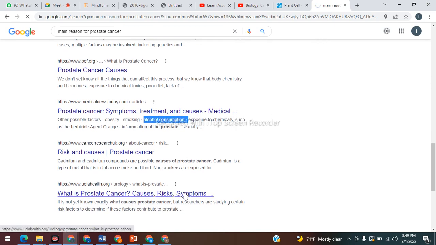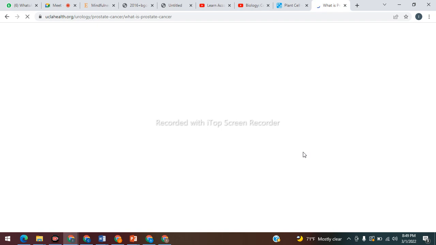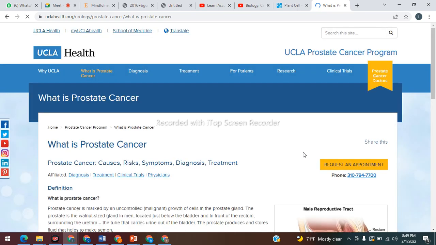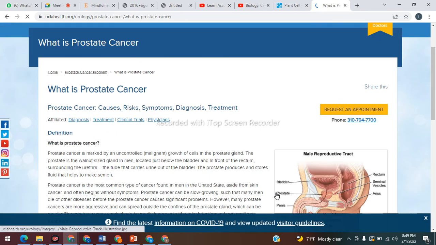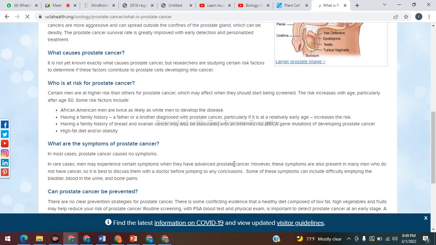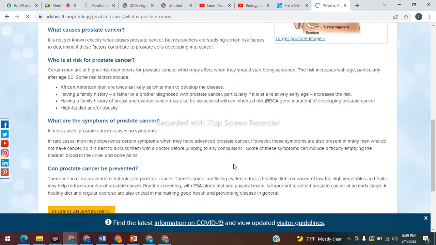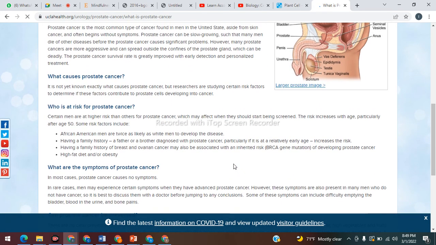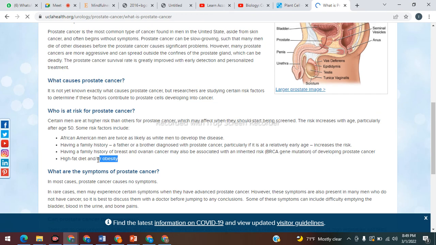Okay, good. I like this one. This one mentions certain risk factors that would increase your risk of getting it. Look at the risk factors, because they are always afraid to state what directly caused something, but if you can get some risk factors, that helps. Okay, a high fat diet or obesity. That's a risk factor. Family history.